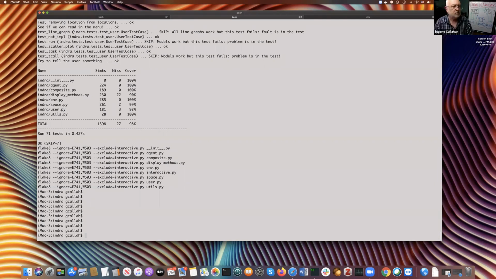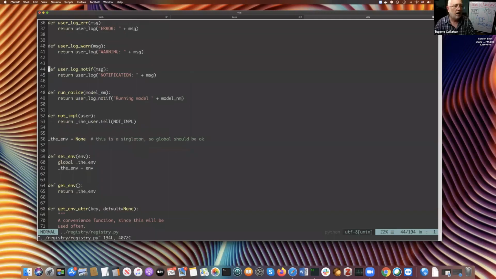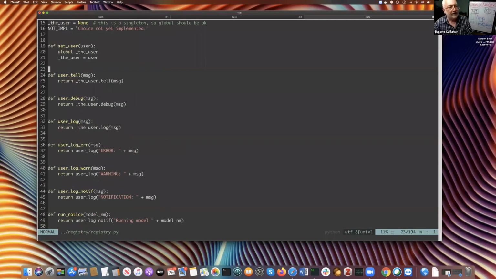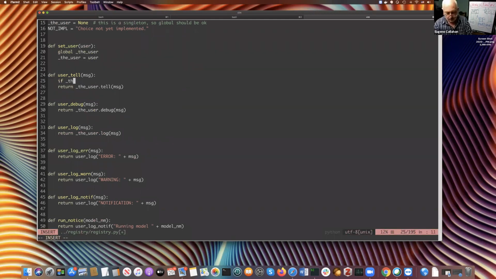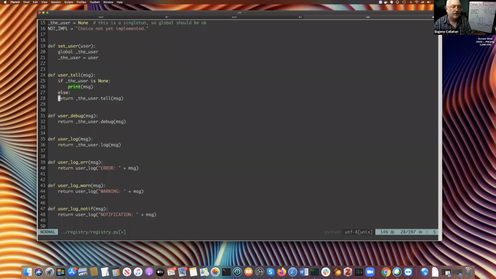a problem with the way this was built, and this is something we could do with a decorator, but I'm just going to quickly do this now. If the user is none, print message, and else. So this makes our system a little more robust, because